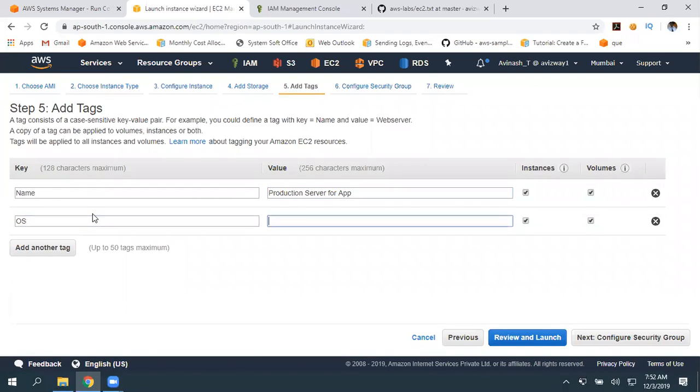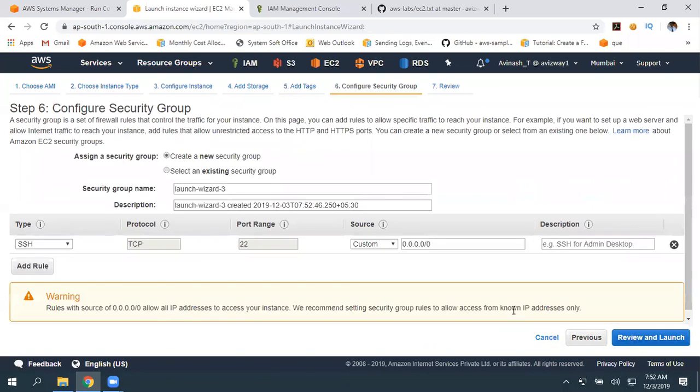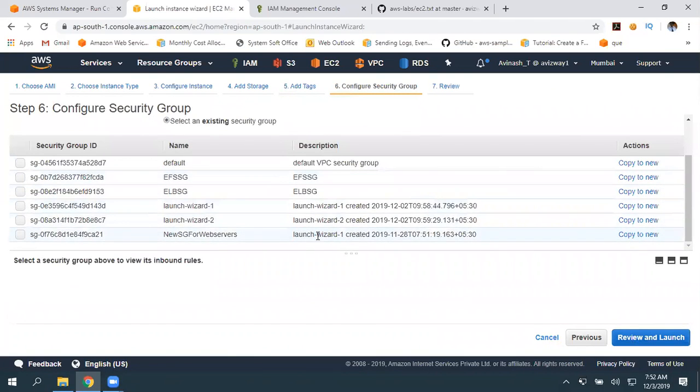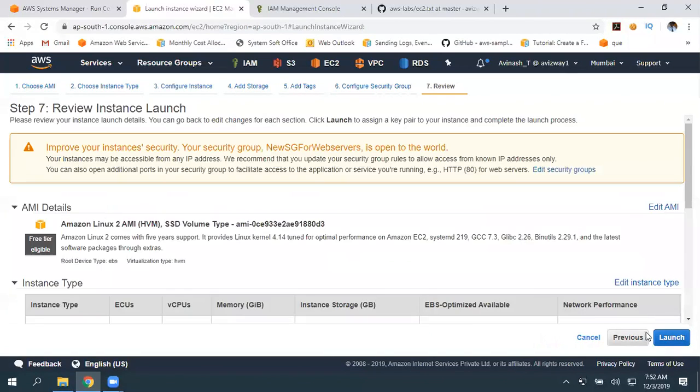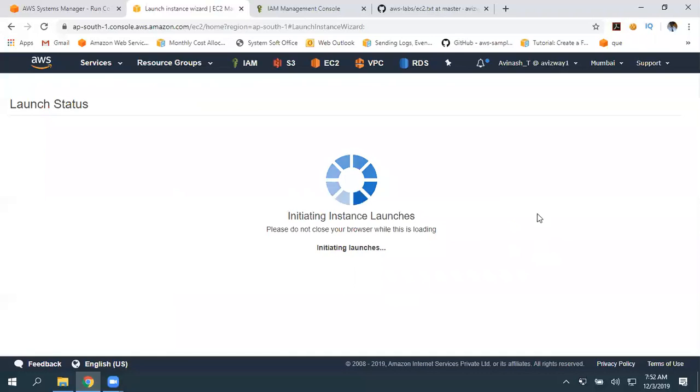For example, the operating system is Linux, and for what project are you using it? Let's assume you are using this for Java. So we are giving some tags. Then click on next. Select an existing security group, as I have the required one. Then click on review, then launch, and I'm logging in with the existing key pair.